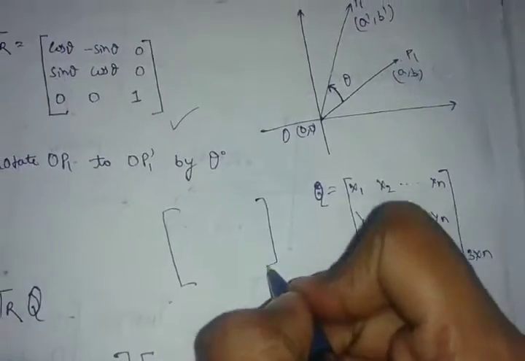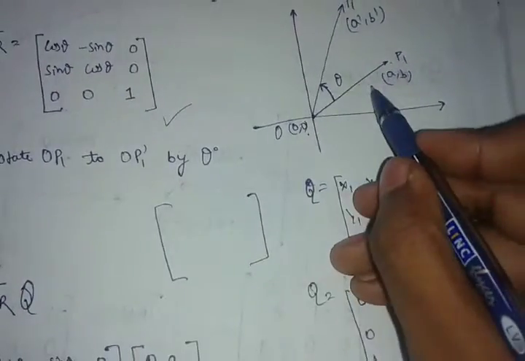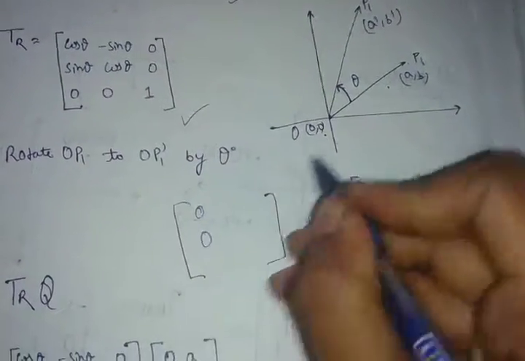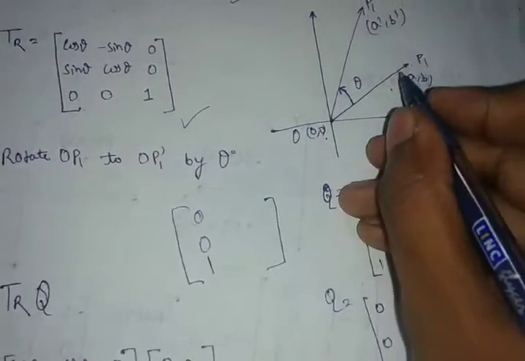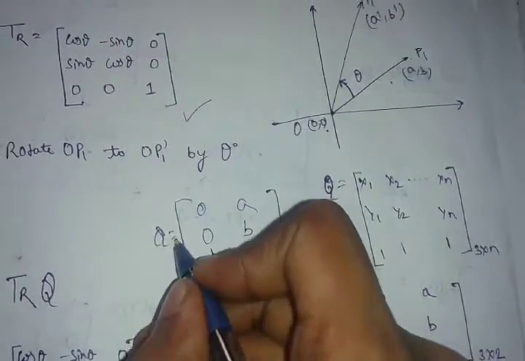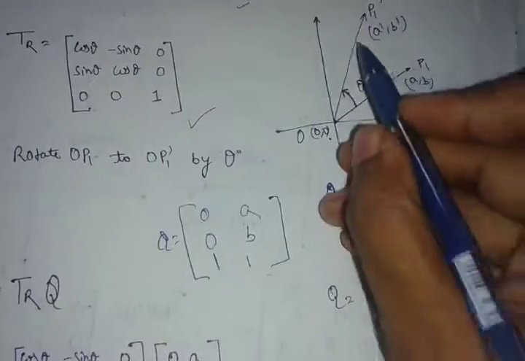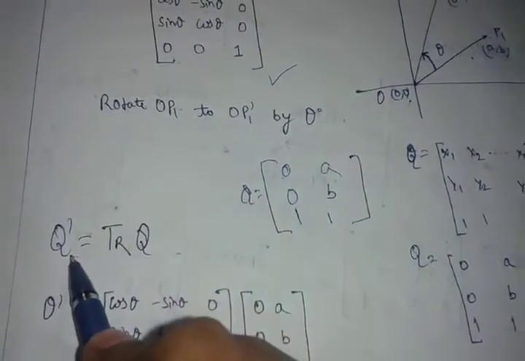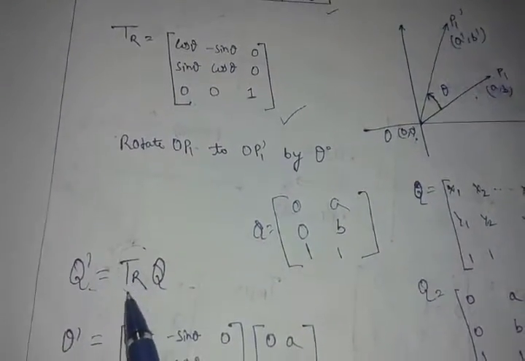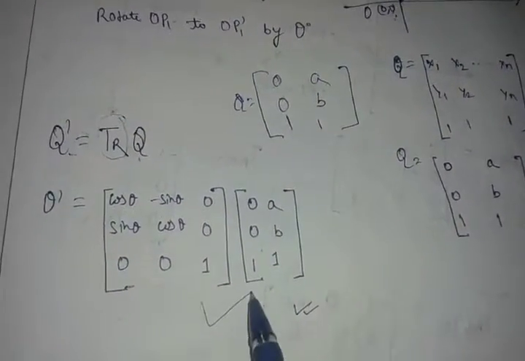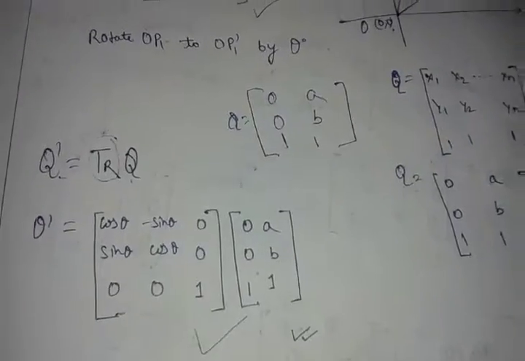As I have said earlier, there are 2 points, so there will be only 2 columns and the rows will be fixed, that is 3. So 0, 0 for the first point and the last is 1, then a, p, 1 for the next. So this is the matrix. Fine. Now you have TR. Now if you want to get the final matrix after the rotation, Q dash, you can get it by multiplying by this rotation matrix. Okay, fine. So now here I have multiplied this matrix with this, and if you multiply this, you get the final result. Fine. So we are done with the rotation part.